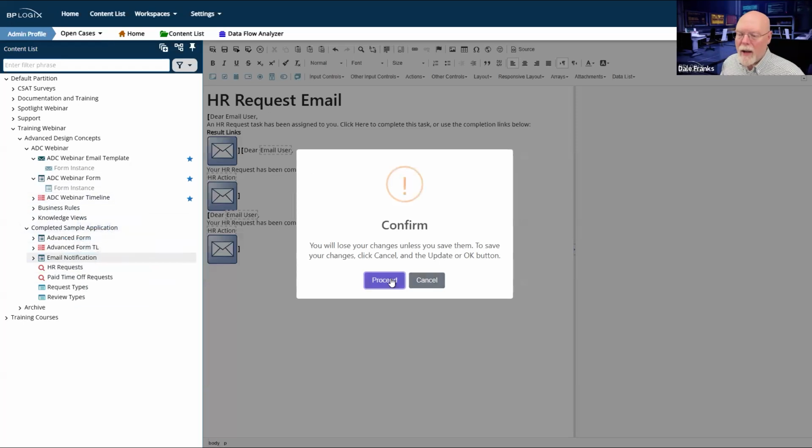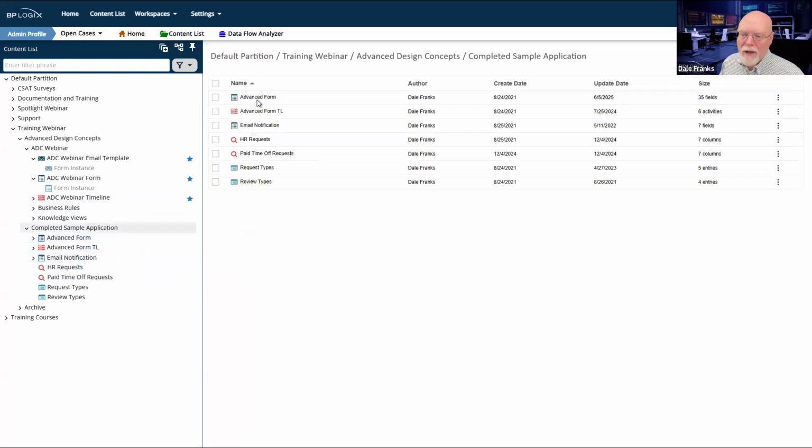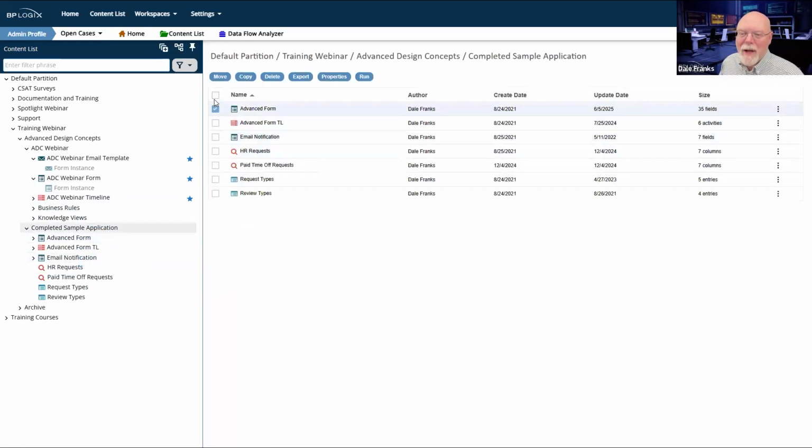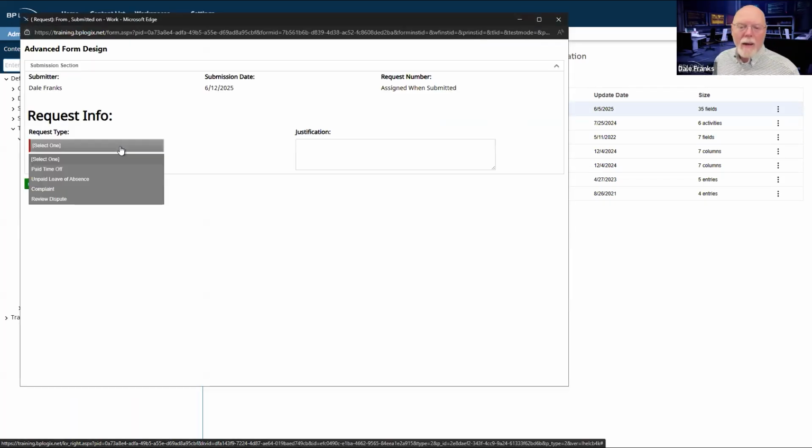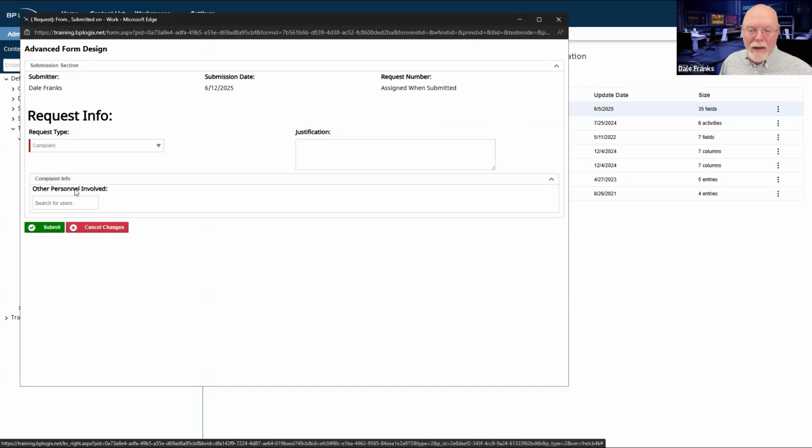Let me go to my, goodness, please let me go. And I'm going to go to my form here. I'm going to run it and I'm going to pick a complaint. And well, I'm actually going to have to do two things here to see both emails. So I'm just going to go with a complaint and I'm going to submit it.